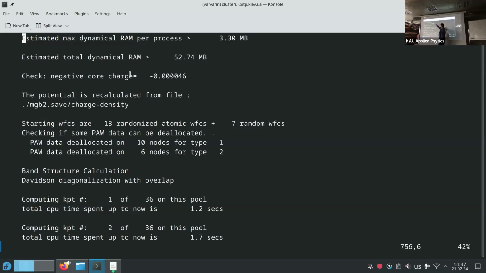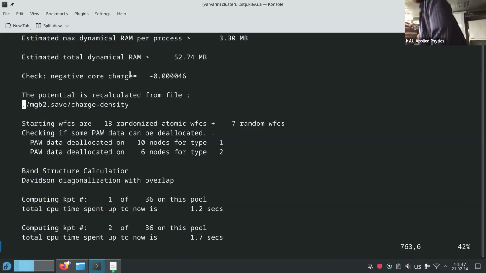If you start a calculation on only one core and it requires 100 gigabytes, it will not start. That's why parallelization is very useful. It's the first level of parallelization, when you divide by the number of cores, and the second level, when you take these k-points and divide them by the number of cores. It also makes the calculation faster. Yeah, that was all I wanted to say about this.